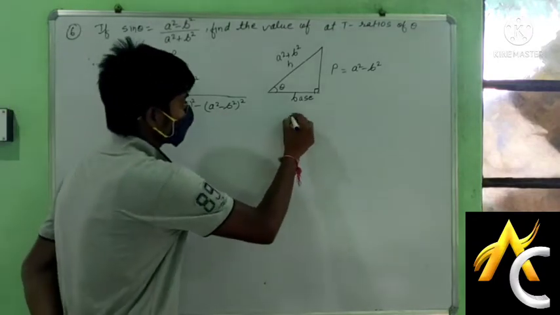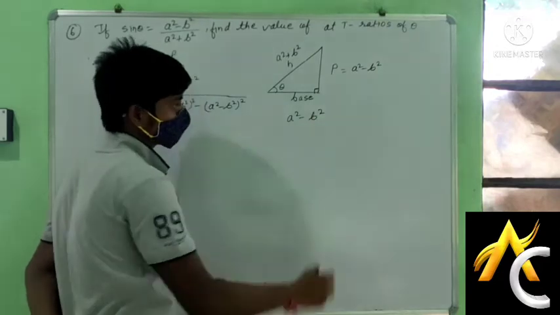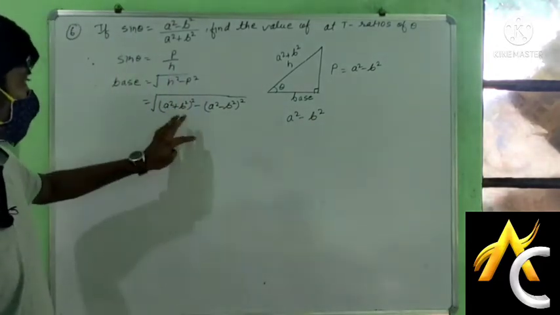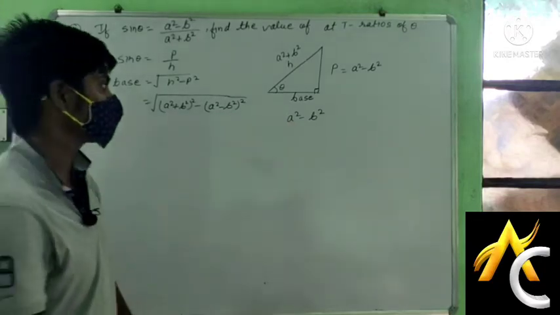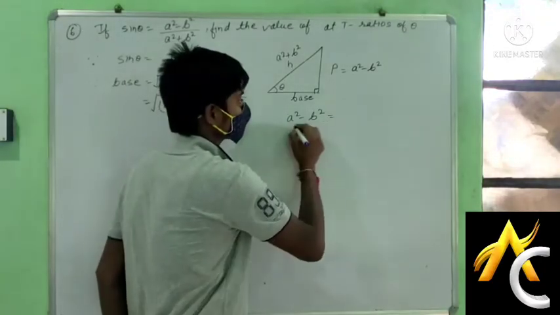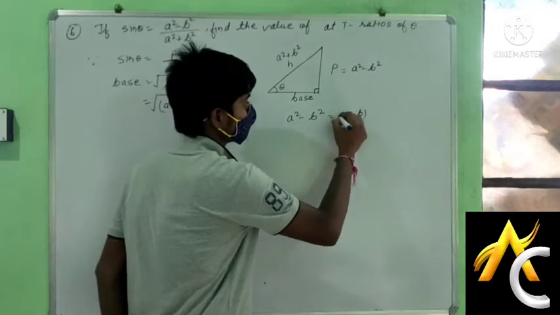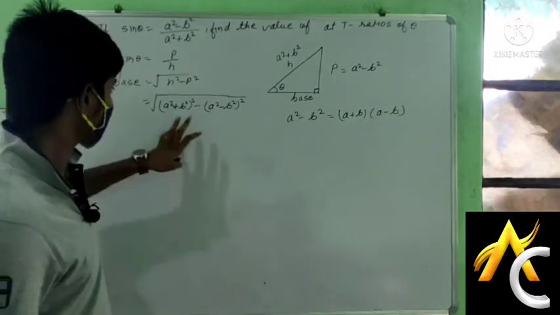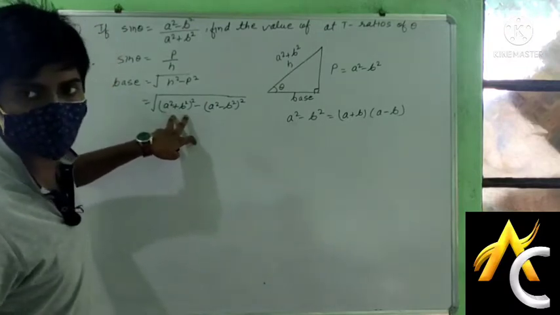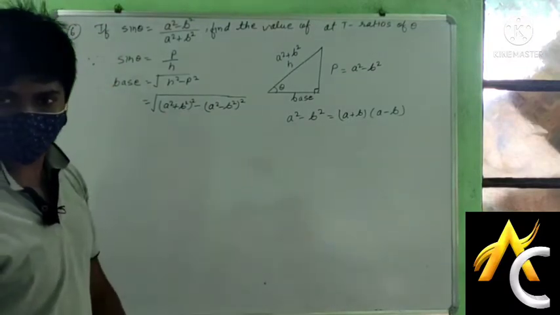And just look at it, it is in the form of a square minus b square, है या नहीं? This square minus this square. So we can write it, by using this identity, as a plus b into a minus b. ओके, अगर ऐसे सॉल्व करेंगे, इसको एक्सपेंड करेंगे तो ज़्यादा लेंदी हो जाएगा, है ना? तो थोड़ा शॉर्टर वे में करते हैं.